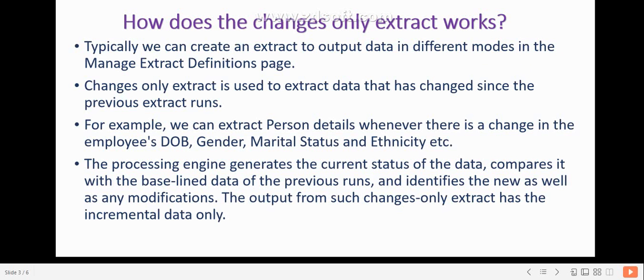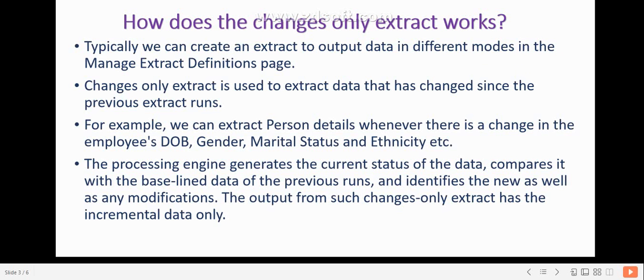It compares the current HCM extract results with the previous run results and identifies the new as well as any modified data. If any modified data is there, that data alone will be displayed in the output of the HCM extract. In case you have any marked as changed or display always options selected at record level or HCM extract level, those also will be displayed. Okay.